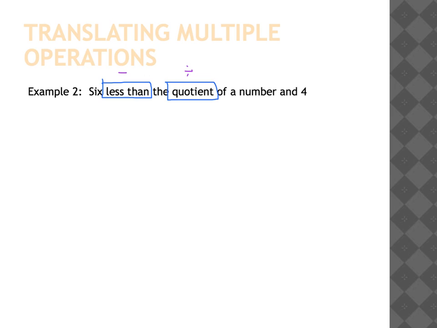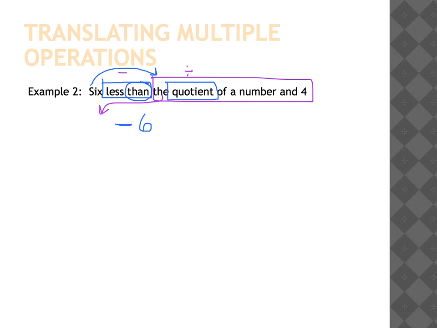So when we have 6 less than the quotient of a number and 4, let's start with the less than is subtract. And because of the word than, the 6 is going to go on the back end of the subtraction. That means that the quotient of a number and 4 is going to go in the front end of